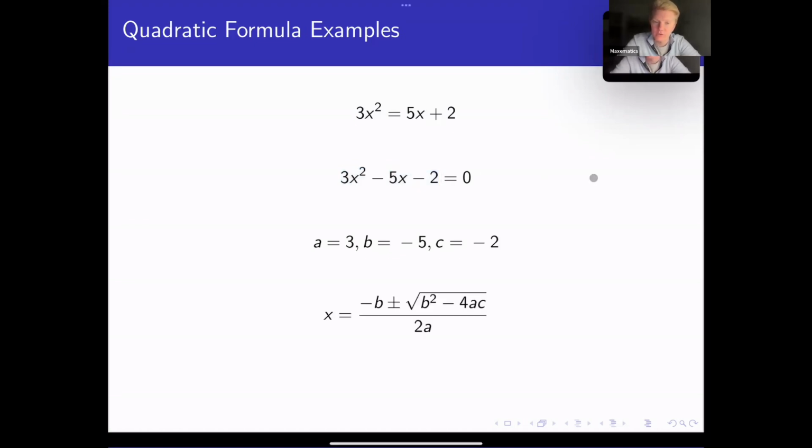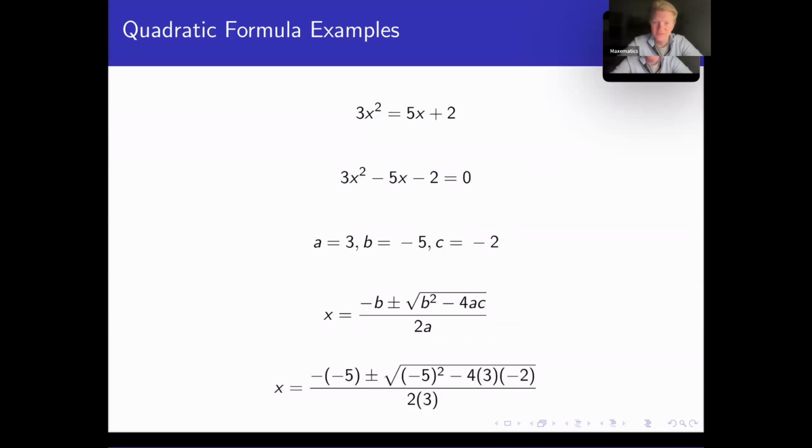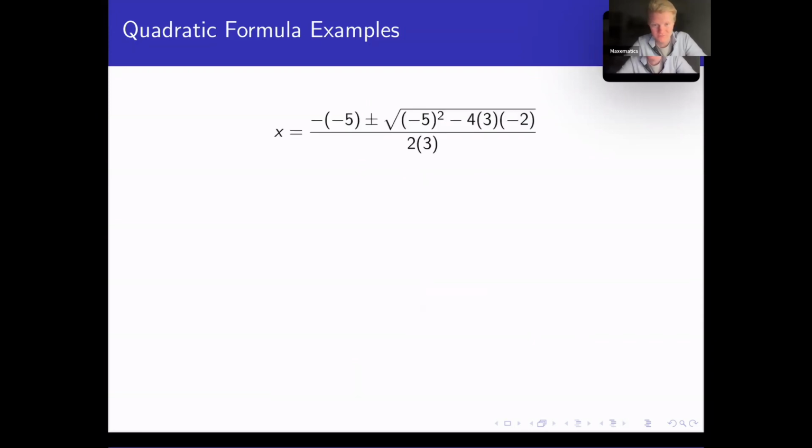And now what we're going to do is take a, b, and c and plug them in for a, b, and c. So we get that, right? Wherever we see a, write 3. Wherever we see b, write -5. Wherever we see c, write -2. Nobody said it was pretty, but at least now it's just calculation. Okay,